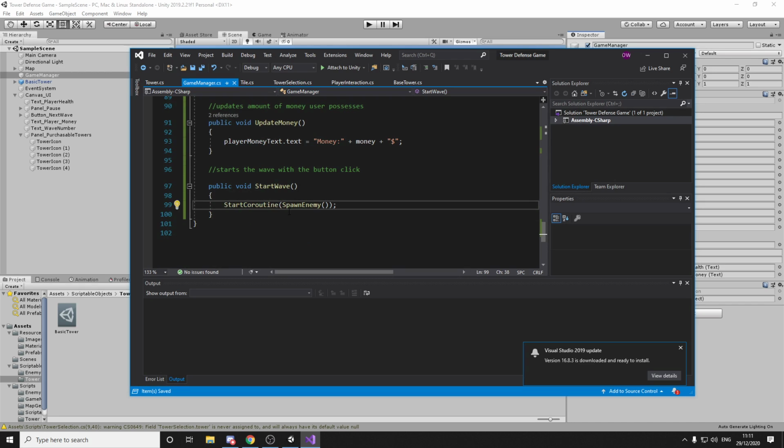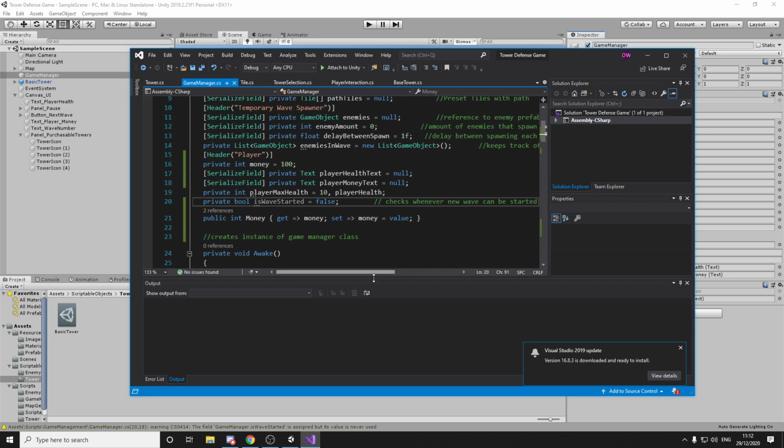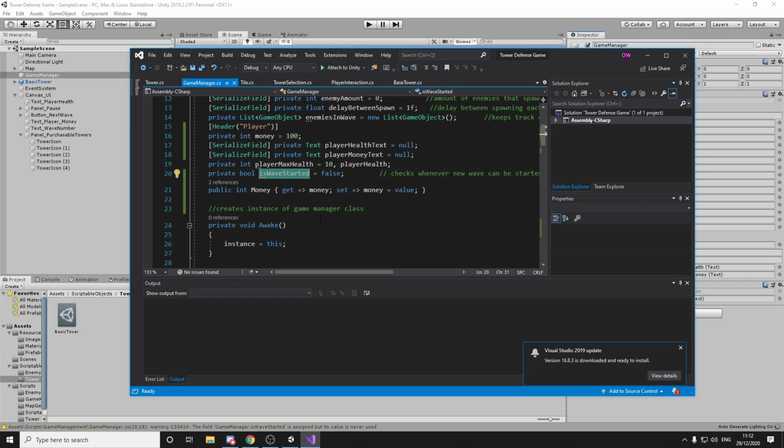into here. Now, this on its own will work, but it will also have one major flaw: we can press the button many times, so it'll keep starting the wave. So what we will actually need is some kind of a way to prevent the user from starting a wave before the other one finishes. So for now we'll create a boolean called is wave started. We're going to set it to false by default. And essentially what's going to happen is